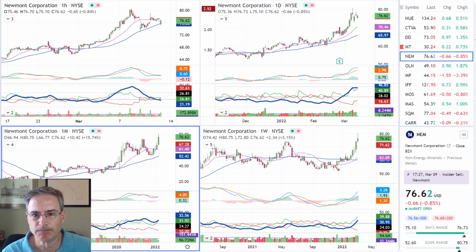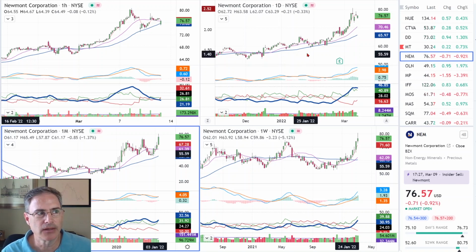But because the momentum is just getting going on the weekly chart, and we have an ADX that just turned up again on the monthly, I'd be willing to take this trade coming out of this little base here. You get the breakout and you get your first pullback. So now let's go and take a hard look